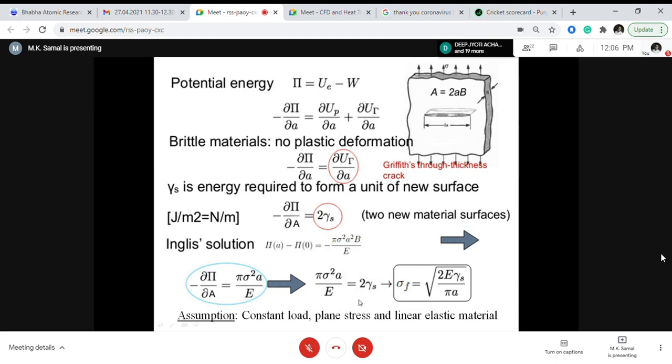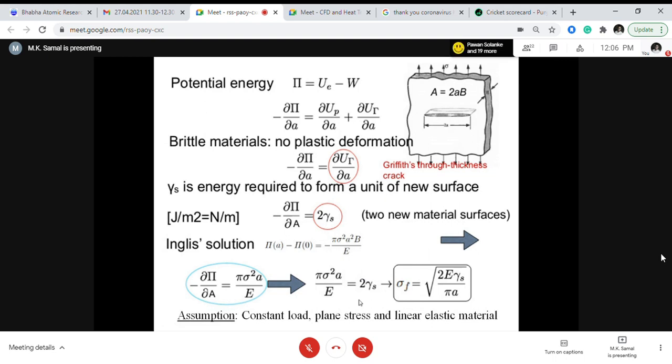And that root sigma into root over a, he multiplied by some geometry factor, because for an infinite body with a central crack, the geometry factor is 1. But if the crack is on one side, or there is some bending, there will be other factors different from 1. So he generalized it. He said that any remote stress sigma into root over pi a, that is pi into crack length,